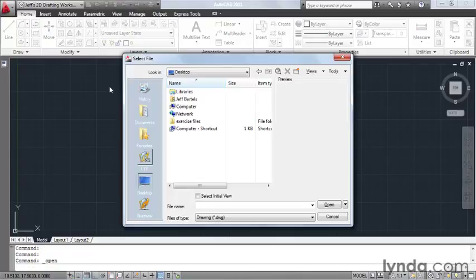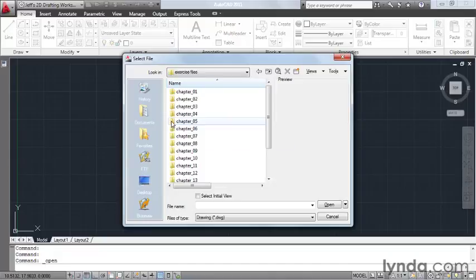This brings up the Select File dialog box where I can navigate through my hard drive to find my file. Now the file I'm looking for is in the Exercise Files folder, so I'm going to double-click to open that folder, and then I'm going to double-click to open up Chapter 2, and you can see I have several drawings